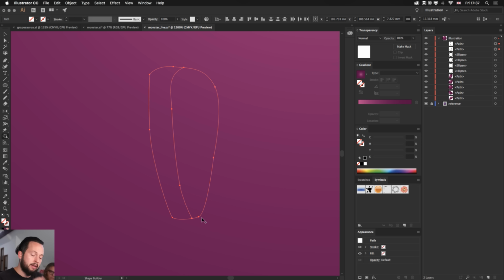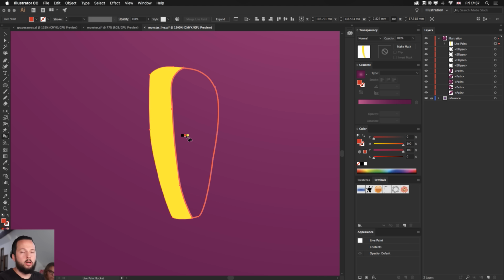And while still having this selected, I press K on the keyboard to get to the Paint Bucket tool, with which we will access the Live Paint feature. At this point, you can just select two colors. Using the arrow keys on the keyboard, you can toggle through the colors quickly, and just click on these two sides very quickly. So Live Paint can very quickly detect the edges and automatically fill in those details in colors, even though this didn't start off as two separate objects, but Live Paint can detect that.